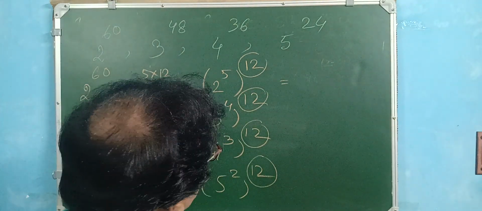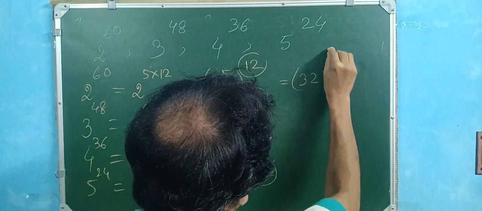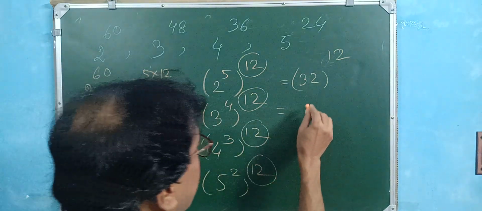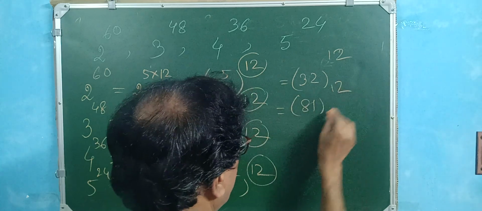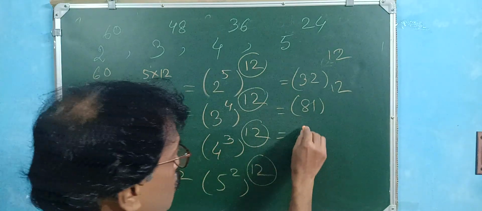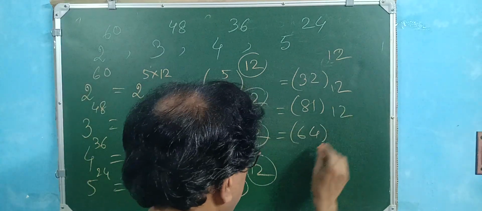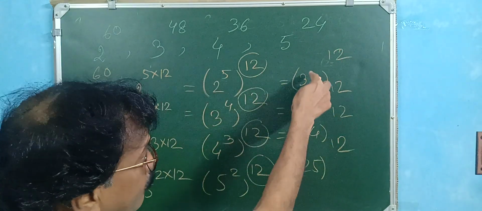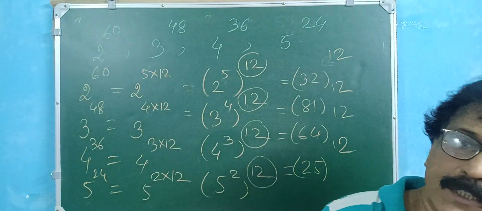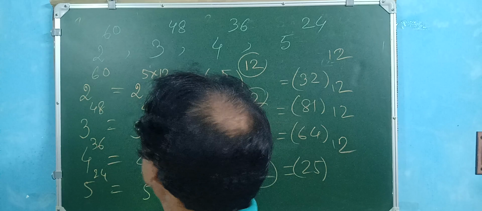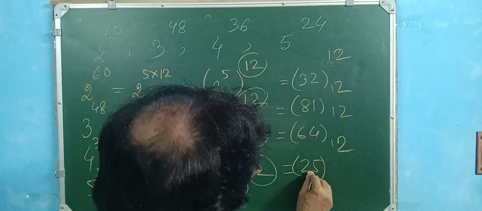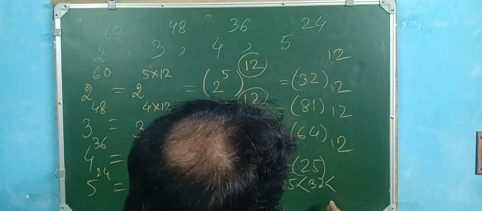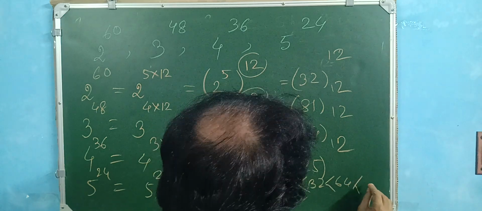2 into 2 into 2 into 2 into 2, 32 to the power 12। এটা কত ভ্যালু 3 to the power 4, 3 into 3, 9, 9 into 9, 81 to the power 12, no problem। এটা 4 into 4 into 4, 64 to the power 12। এবার তোমরা নিজেরাই বলতে পারবে 25 to the power 12। এগুলো সবকটা 12, তাহলে এগুলোর মধ্যে যে বড় সেই বড় নাম্বার আর যে ছোট সেই সবচেয়ে ছোট নাম্বার। সো ডিটারমাইন ইন দিস ওয়ে, এইটার মধ্যে সবচেয়ে ছোট কে, দিস ইজ দ্য 25, দেন 32, দেন 64, দেন 81।